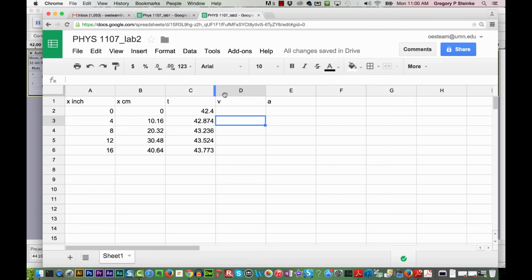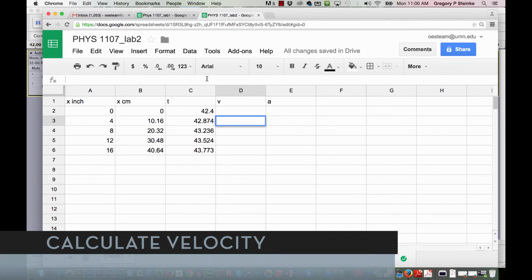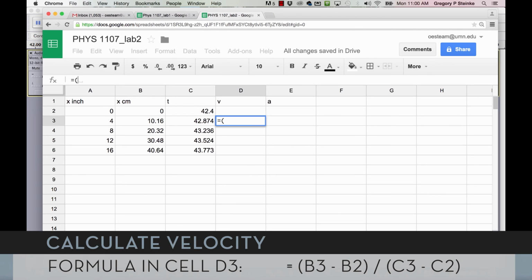So here we go. We're now in the V column, the second cell down, and we're going to put in our formula. That's just equals, open up a paren. I want the change in x, so I want that one minus the one above it, in parentheses, and I want that divided by more parentheses, the change in time, which is this one minus the one above it.